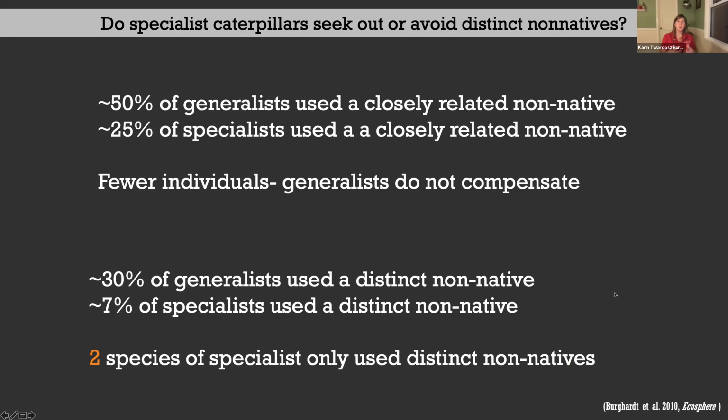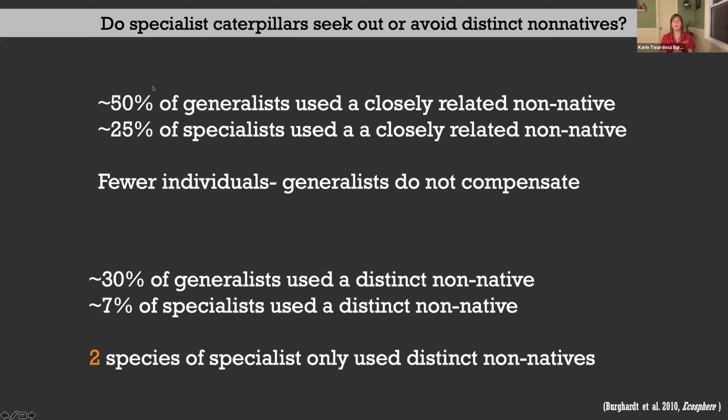So what's really the mechanism going on behind this? With the caterpillar communities, we were able to drill down into this a bit more because Doug Tallamy and Kim Burley-Shropshire had put together a list of all of the host plants of all of the moth and butterfly species native to the eastern United States. And so we were able to use that list and our observations within the experiment to figure out which of these were generalists and which specialists.